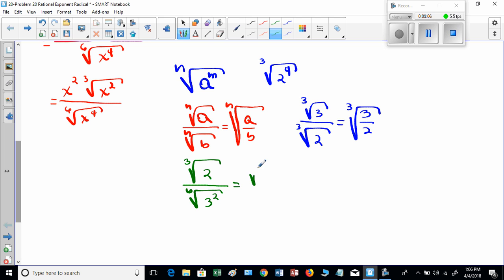So a radical on the numerator stays the same, divided by, okay, yeah, the power is 2 here. So now the question is: is 6, which is an index, divisible by 2? In this case it is true. So 6 divided by 2 is equal to the number 3. So this index right here now, because you divide the 6 by 2, which is the power inside,